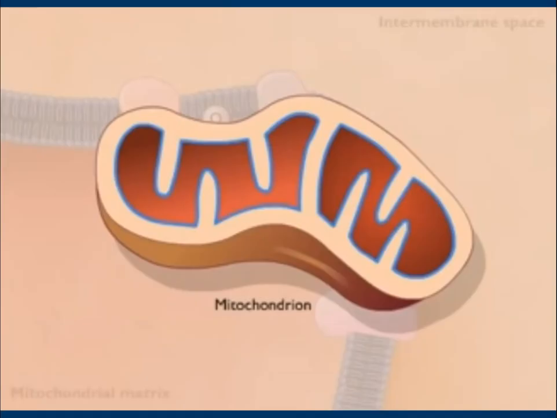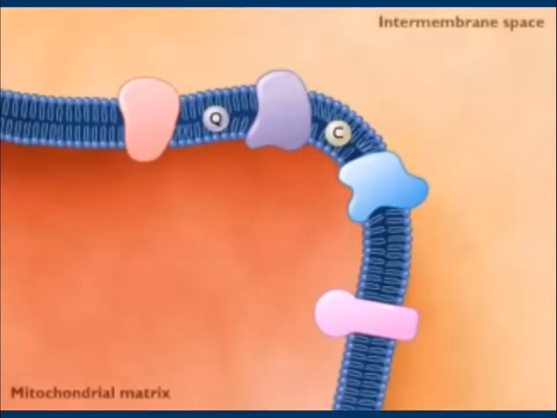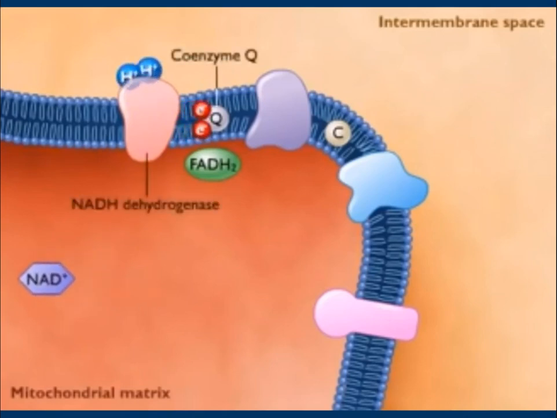The energy stored in NADH is used to generate a proton gradient across the mitochondrial membrane, and the energy of the proton gradient is used to make ATP. When glucose is oxidized during glycolysis and the Krebs cycle, the coenzymes NAD and FAD are reduced to NADH and FADH2. Inside the mitochondrial matrix, the electrons from NADH are transferred to the electron carrier coenzyme Q by NADH dehydrogenase,